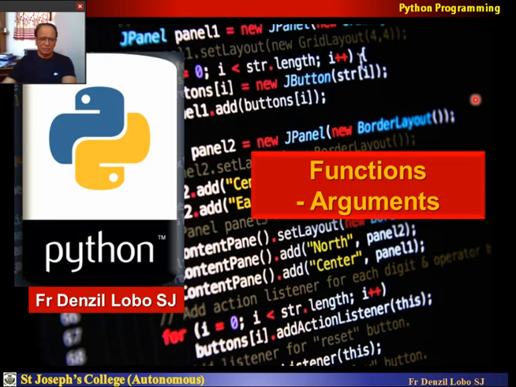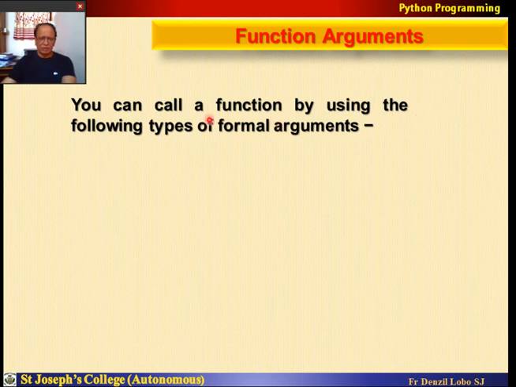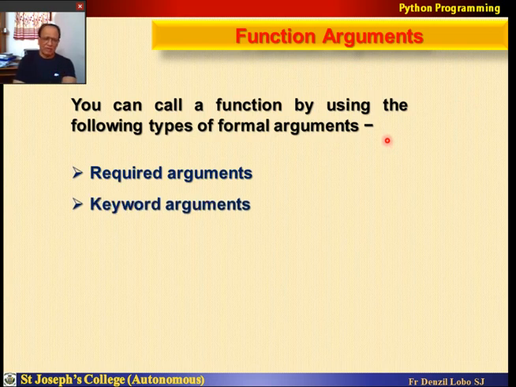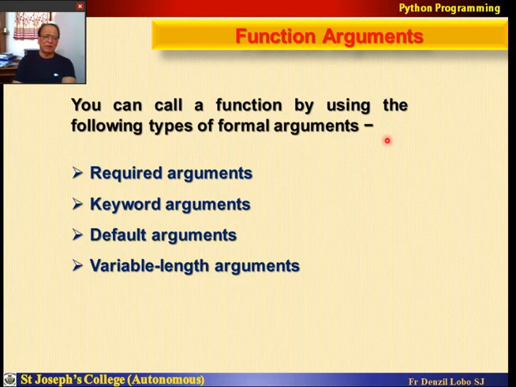Function arguments in Python. Function arguments. Let us see. You can call a function by using the following types of arguments. There are 4 types of arguments we are going to deal with. First is called the required arguments, then keyword arguments, then we have got default arguments, and finally variable length arguments. Let us go through each and every one of these 4 types of arguments which we are going to give